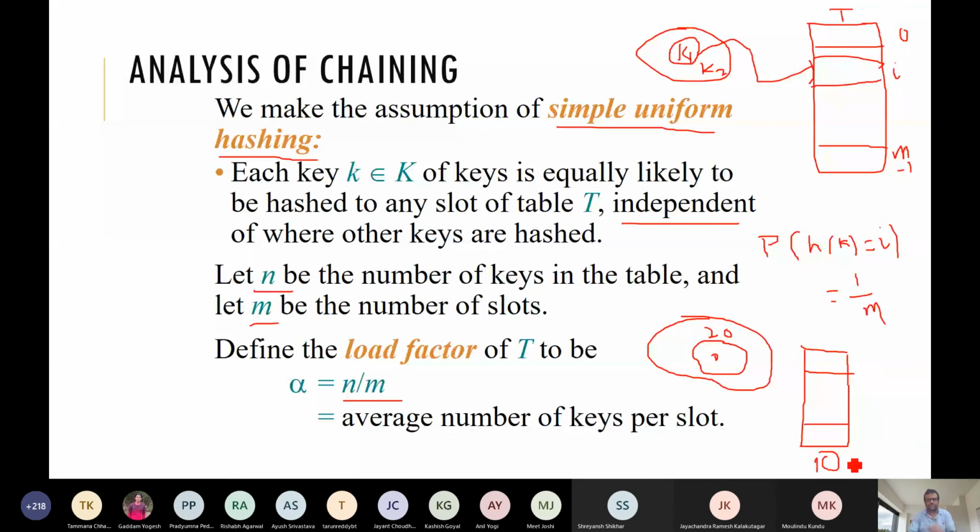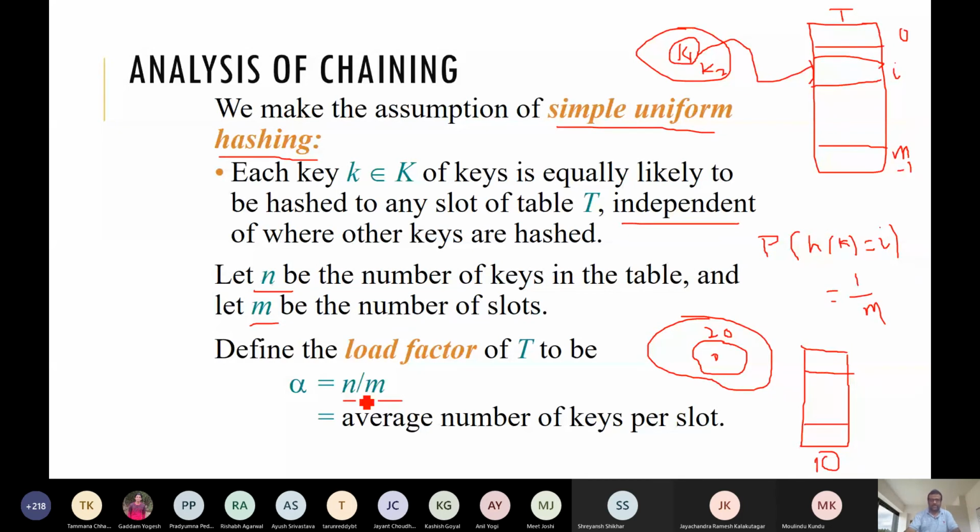Now if we have a good hash function, a simple uniform hash function, how many keys will each slot contain? Because these 20 keys will be distributed uniformly over this. So we have 10 rooms which need to be occupied by 20 people. So each room will have 2 keys.